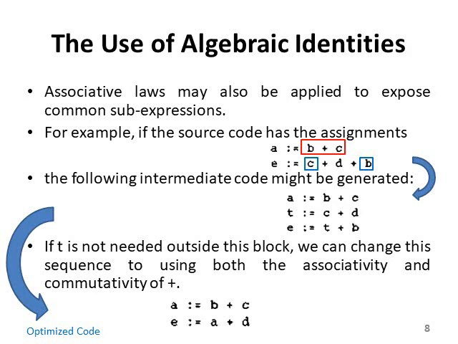So here we understand the associativity of the expression b plus c equals c plus d. So we further optimize it into two statements. Write a equals b plus c, and the next statement e equals a. Here a represents b plus c, which is similar to the original equation, and the third variable is d. So I have simply added a plus d.